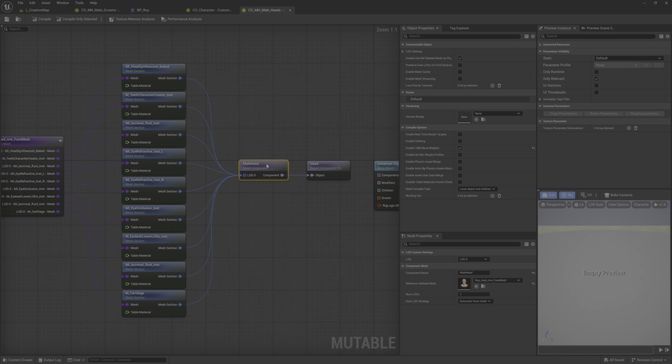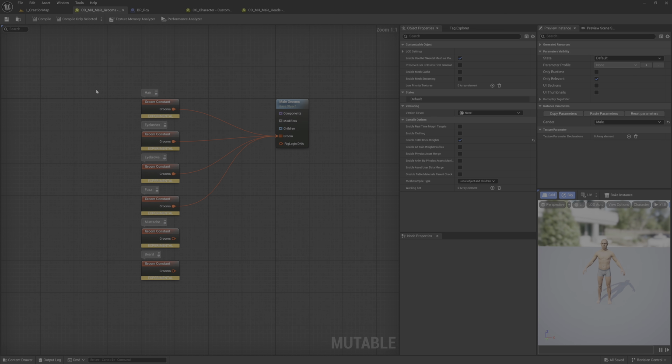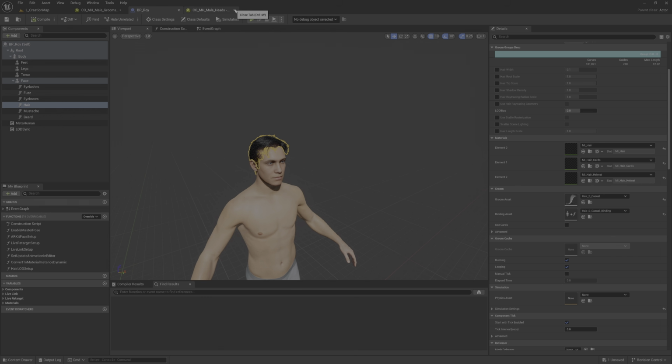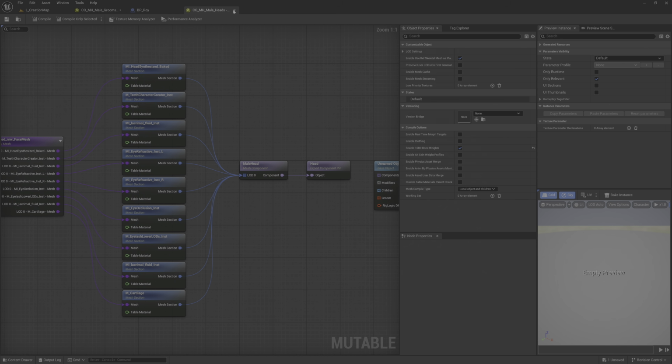So it's a male head basically. Component name male head, grooms, and I will select male head. Okay, and you will have to do the same for all the remaining. But before that, I will just close this and this.